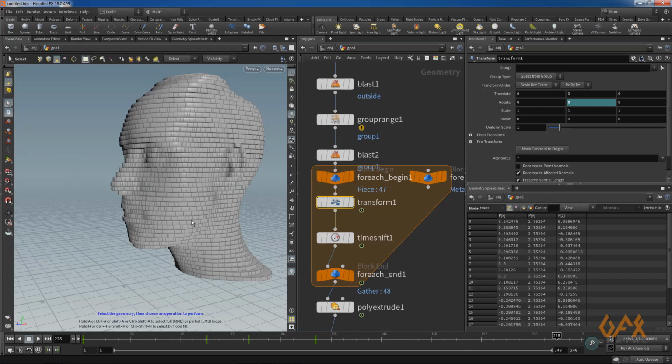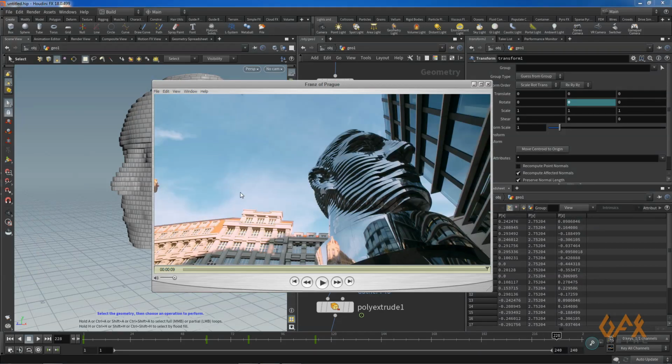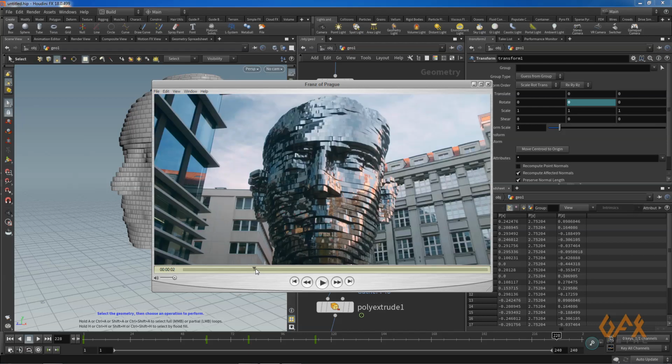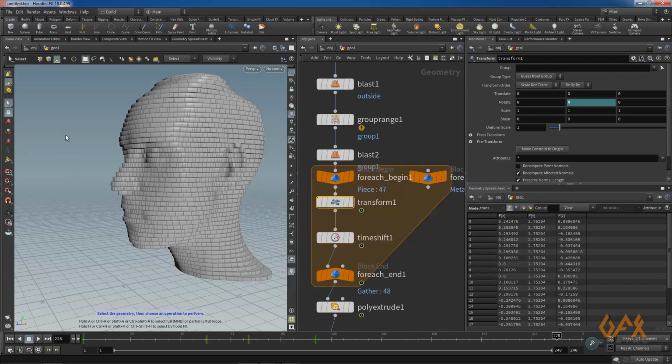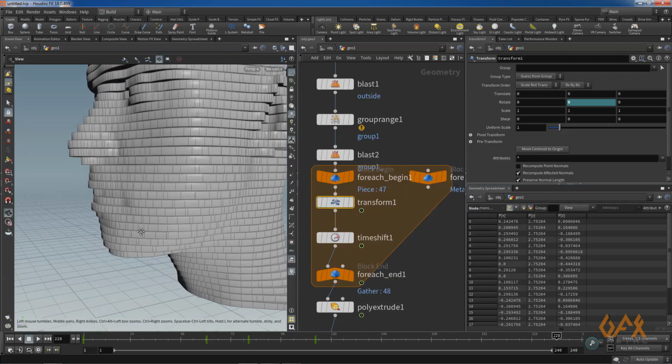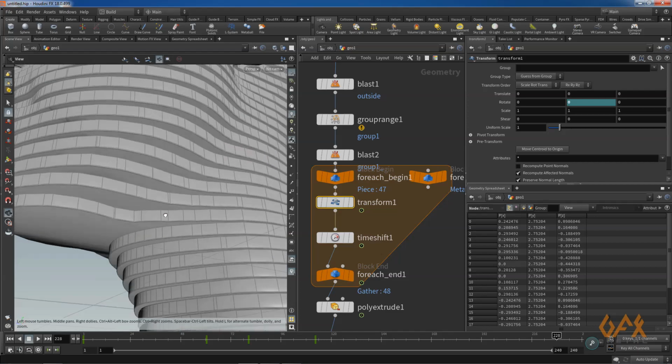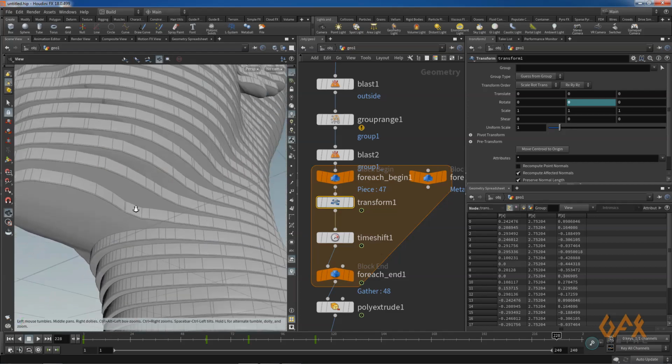Now you feel that as you see in that output, it gives a very hard kind of surface. Whenever you apply some material and all those things, it feels very smooth in render output.